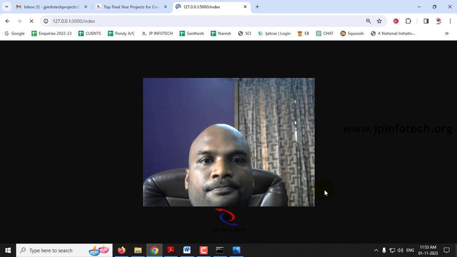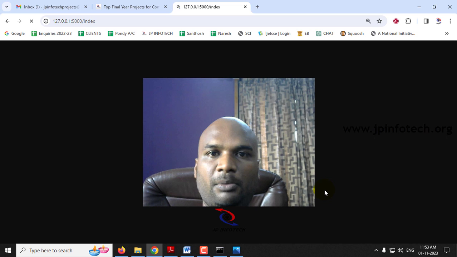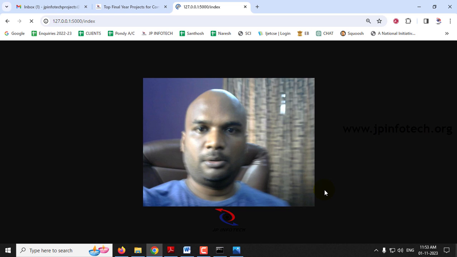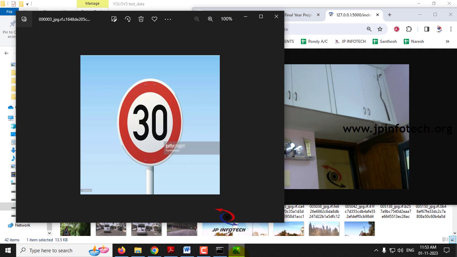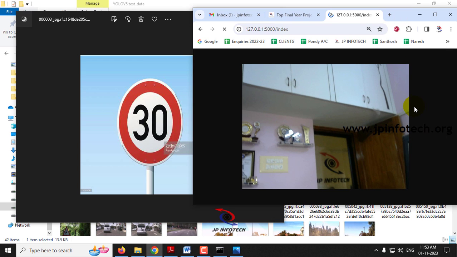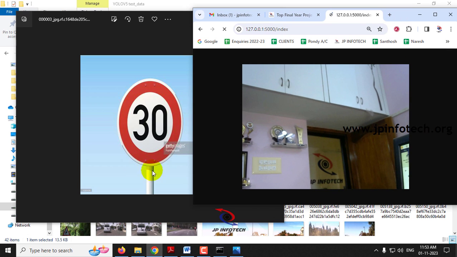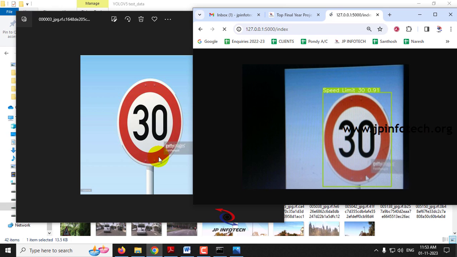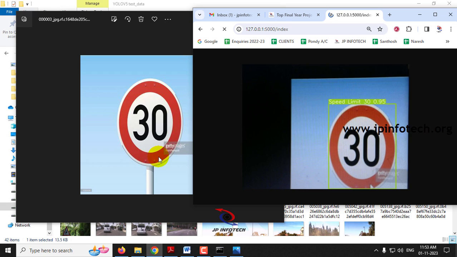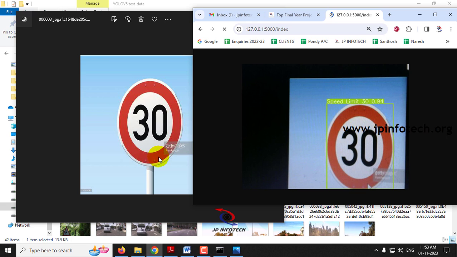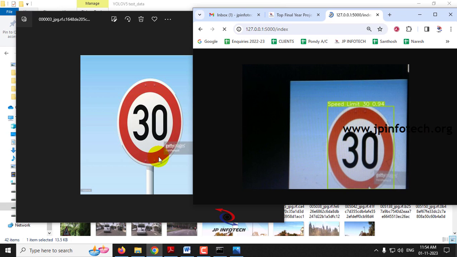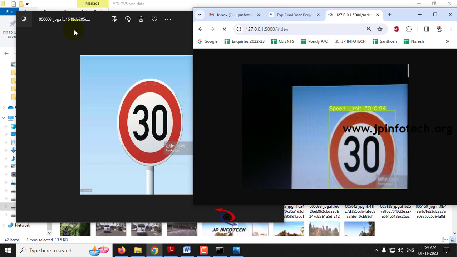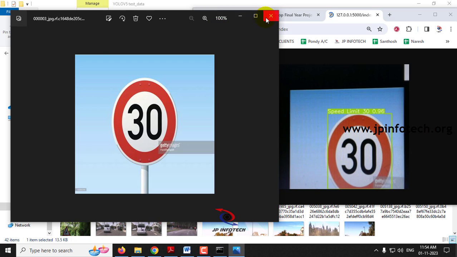Now my web camera is turned on. Let me split the screen into two parts and show you. Now you can see the left side is the image and the right side is the window of our project. Here you can see when I show this, it detects the speed limit 30 correctly. Now let me close this.